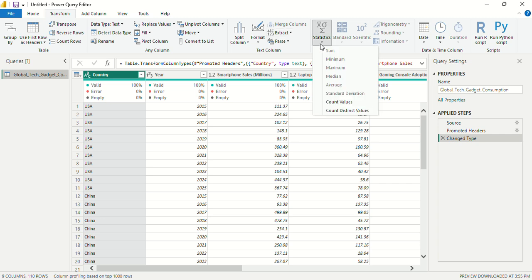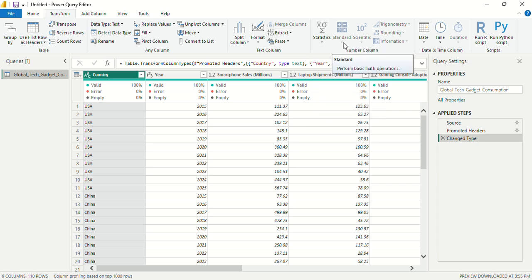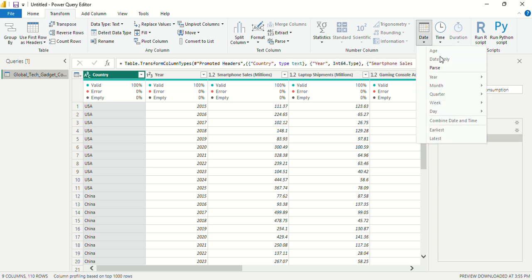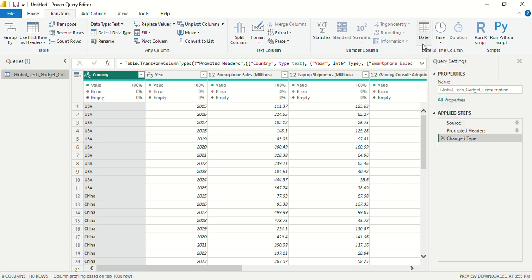You can also use some statistics, like mean, median, mode, etc. Some standard statistics you can also use. Some scientific, trigonometry, date columns, like you want to see only the date, ymd forms, ym forms. You can use these, or you can use run as a script. R, you similarly know about Python. Similarly, R is also a programming language used in data science.